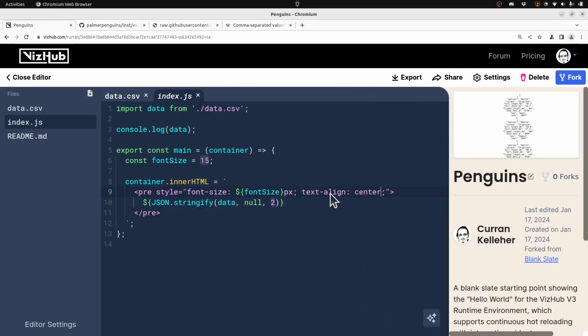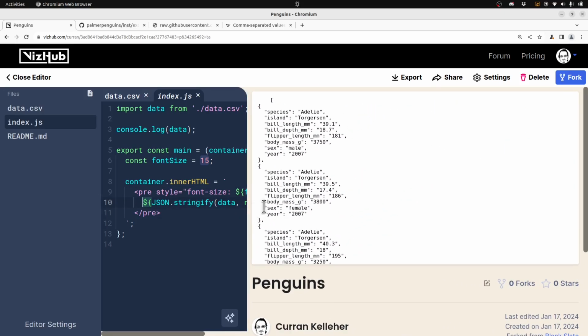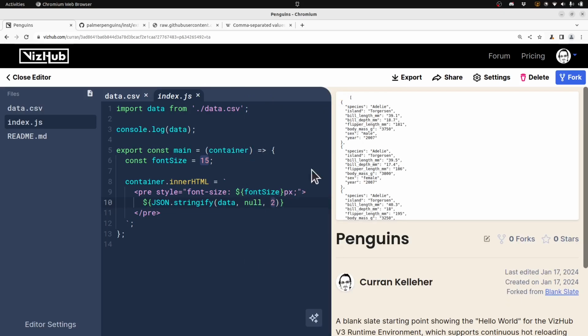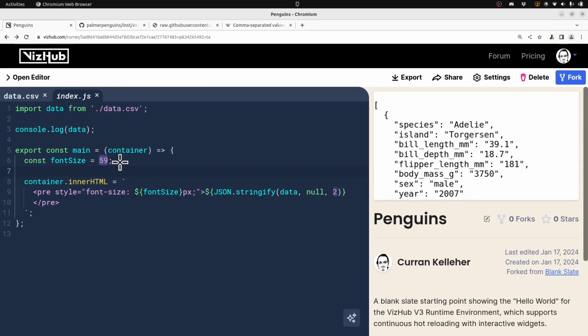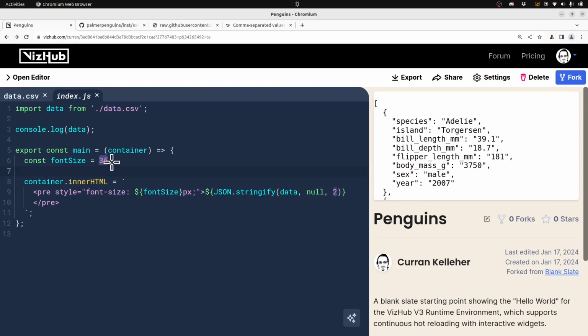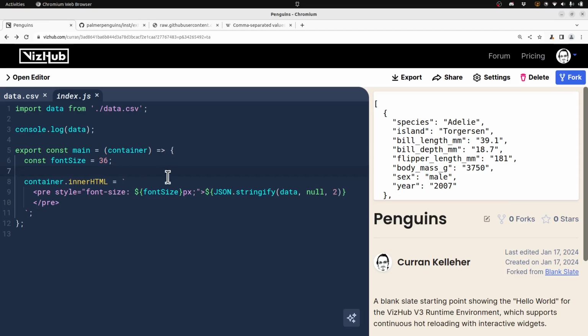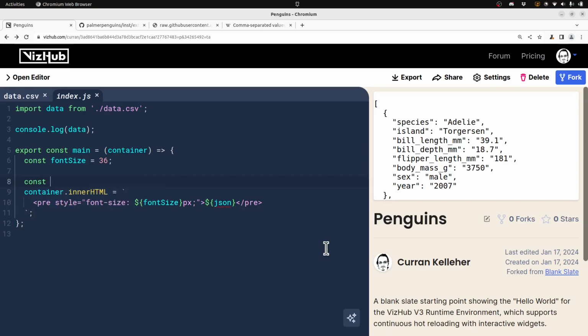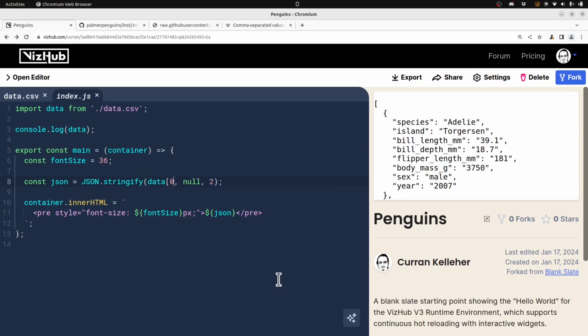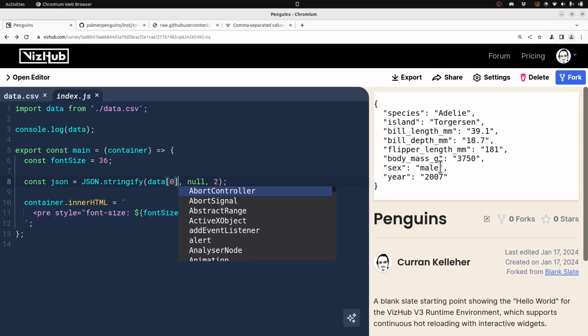Okay, that sort of worked. Let me get rid of this text align center. And there it is. It's showing the stringified data. Oh, I see it's indented because it's using the white space here. All right, and I'll just make the size a little bigger here so we can see one row clearly. And I'll just refactor this code a little bit. I'll pull this out into a variable called json. And I really just want to see the first row, so we can just access the first row